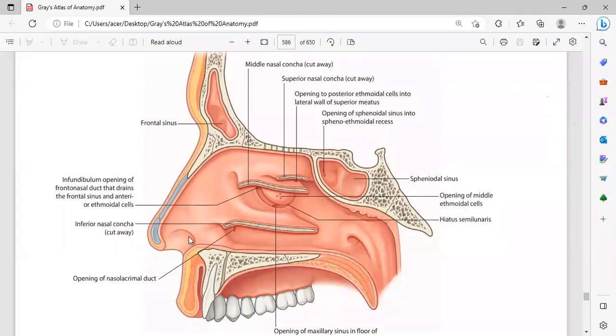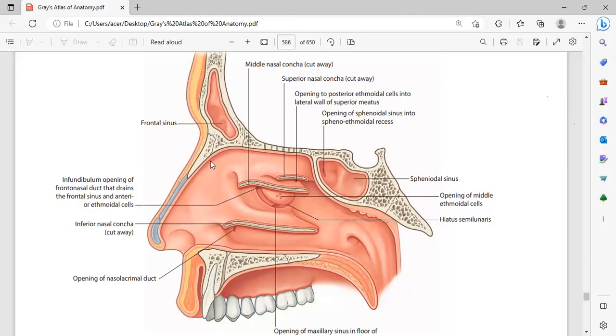At this point, the skin will not continue anymore, and instead you will have the normal epithelium of the nasal cavity, that is the respiratory epithelium. Right? So the skin only extends up to this line called the limen nasi, which is the superior extent of the vestibule. So here you have the respiratory epithelium, and on the superior part you have the